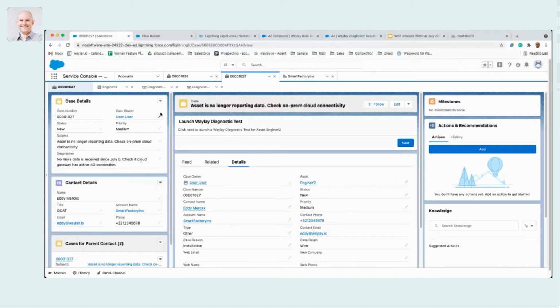So he called the help desk, and the help desk agent created this specific case that there's no more data in his dashboard since the 5th of July. So what we're going to do here is we're basically dealing with a scenario where, for example, there is a retrofitted gateway of some sort, an industrial gateway that, for example, uses a 4G connection to report the asset data back to the cloud. Well, so the most likely issue with the fact that there's no new data is that connectivity